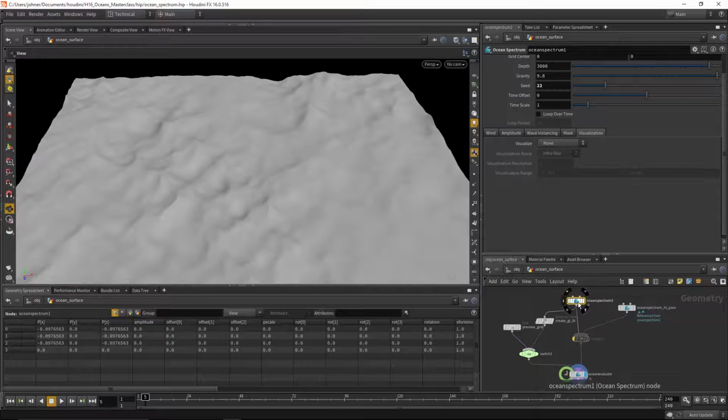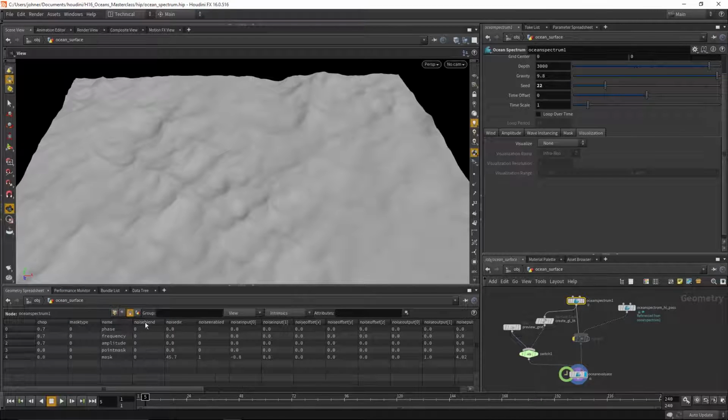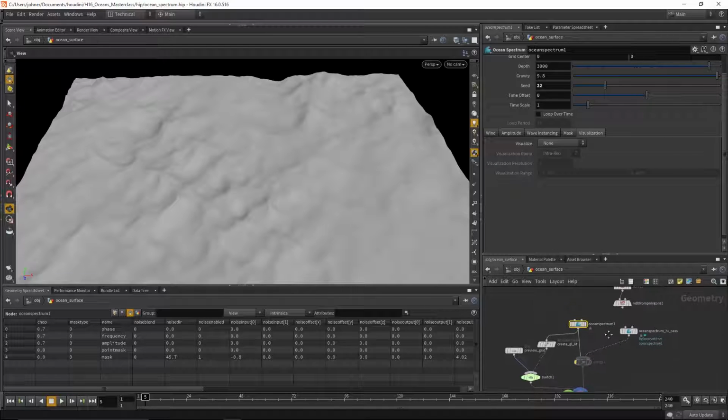So this is the geometry spreadsheet. So these are these primitives that we talked about. These first three are the 2D volumes that I was describing that make up the spectrum: phase, frequency, and amplitude. And then these are the masking ones that we'll talk a little bit about. But essentially they're volumetric masks, and then the point mask is the one used in wave instancing. But if you look at these noise values here, noise enabled, noise offset, all of these various noise direction values,